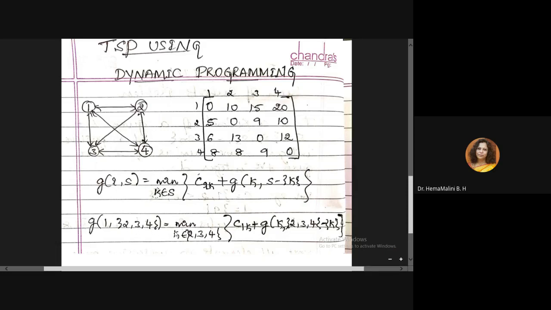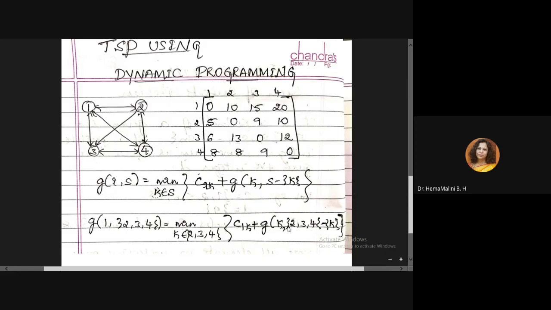This function is equal to the minimum of, so he is starting from city 1, he has to visit the cities 2, 3, 4. What is the cost incurred if k belongs to 2, 3, 4? That is c of I comma k. Since we have taken I as 1, it would be c of 1 to k, whatever is the cost, plus G of the other cities which he has to visit.